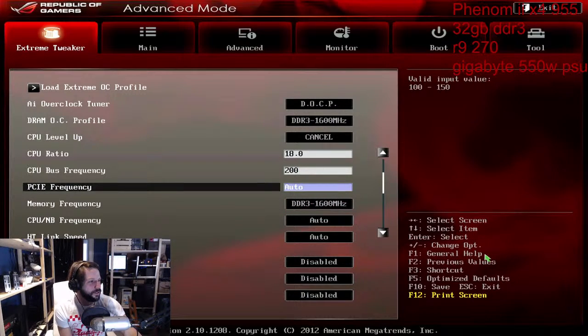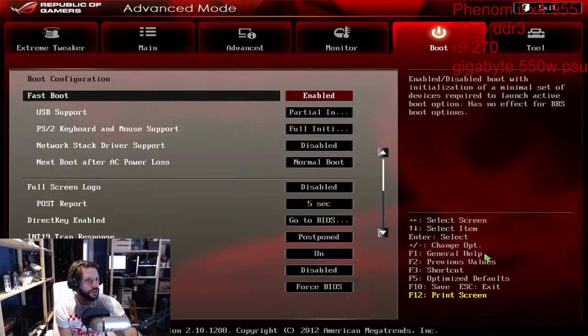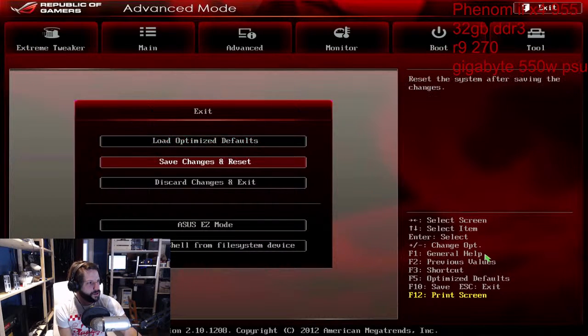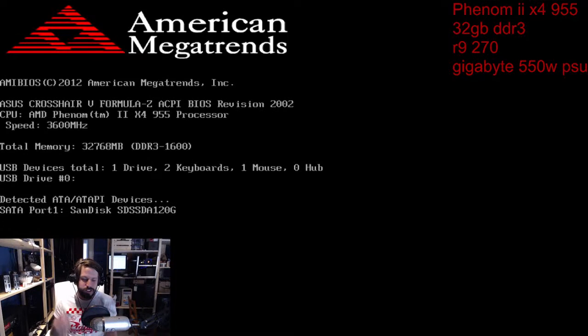All right, and I've just clicked something. Okay, PCIe frequency. So we're up to, this will be what, 3.6 gigahertz. This is where we might start hitting some issues. I expect to start hitting issues right at the 3.6, 3.7 gigahertz, and then we're going to have to do more tweaking to get it up to that 3.8 and hopefully up to 4 gigahertz mark. I would very much like to see 4 gigahertz, but there's no guarantees of that. I've never had luck